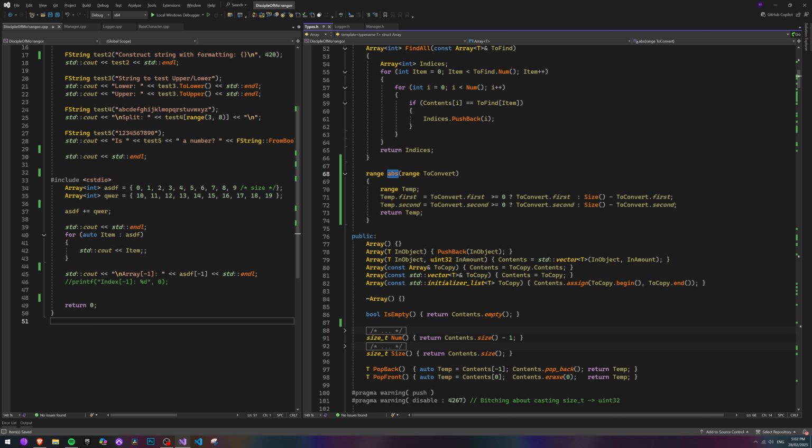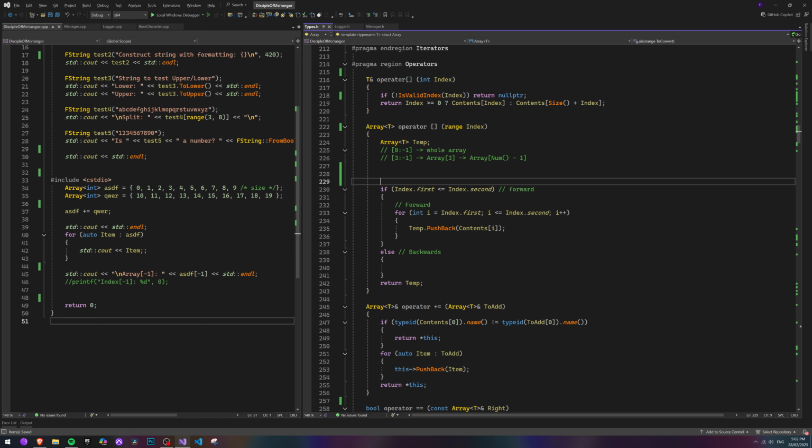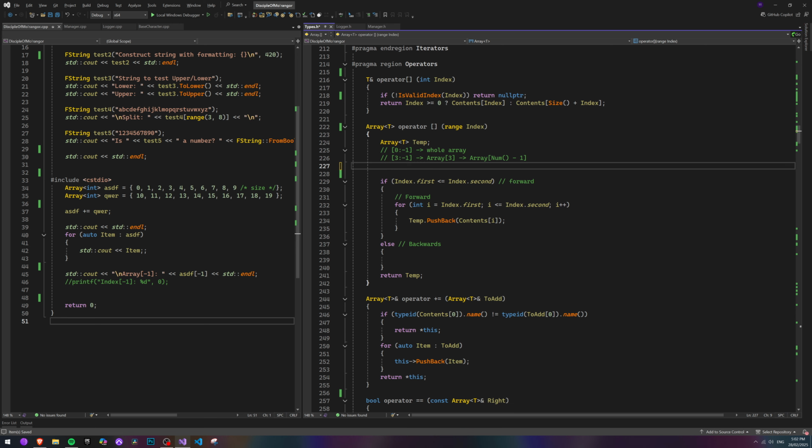Is abs, because it is, but it's absolute. It's like converting the range. So we do. So if first is less than last,